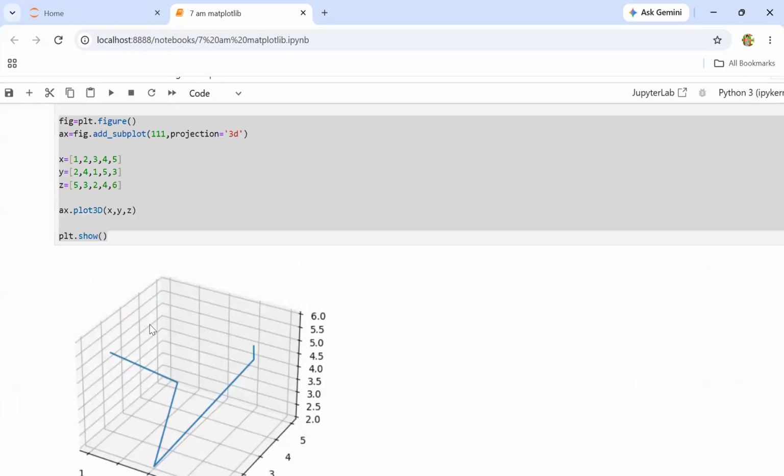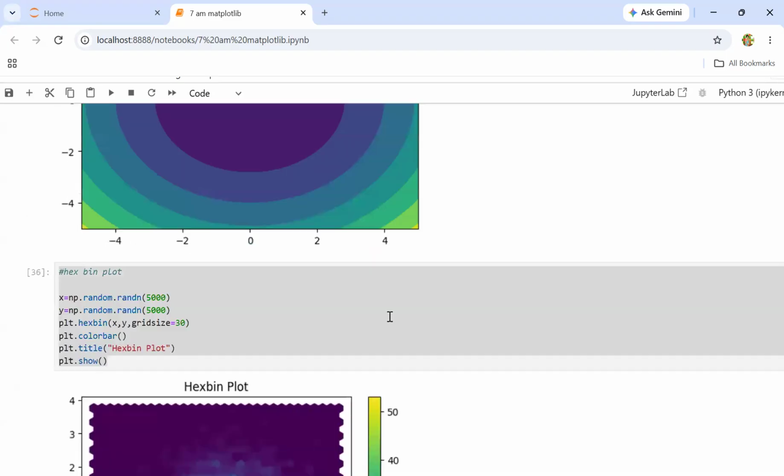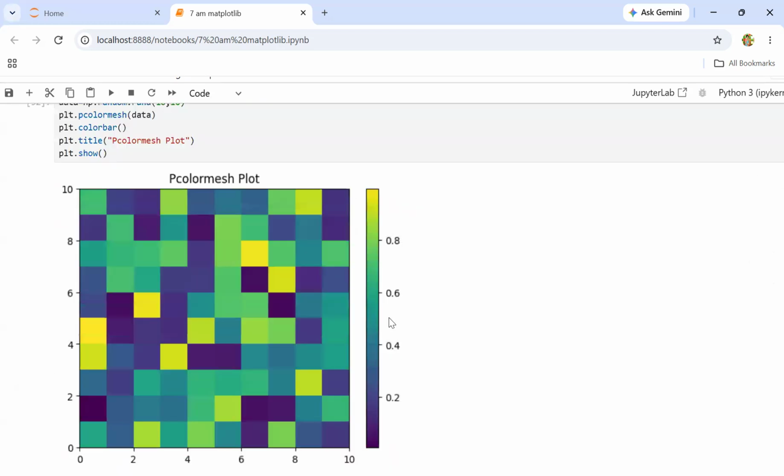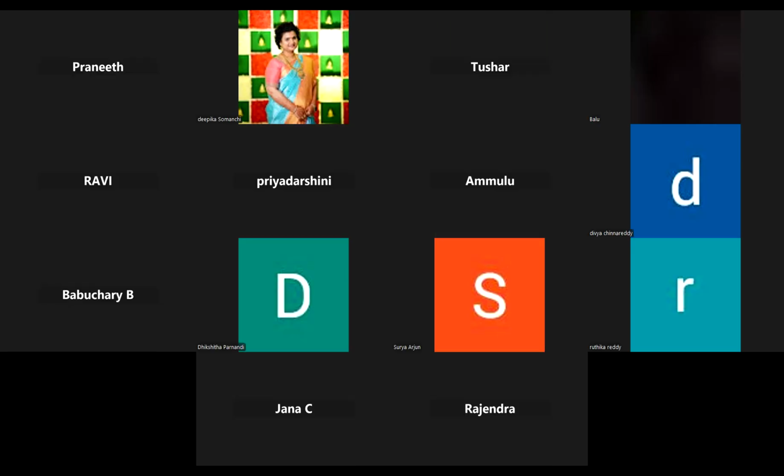So multiple different 3D plots also we can draw. But generally we won't work on three-dimensional plots. These are the different styles of plots we have. Why we won't work with 3D plots is that the data you consider in real time is always two-dimensional data. That means only rows and columns will be there. You won't have the z-axis. That is the reason we work only with two-dimensional plots. So we have just seen the different kinds of two-dimensional plots. We will be looking at different customizations on the plots in